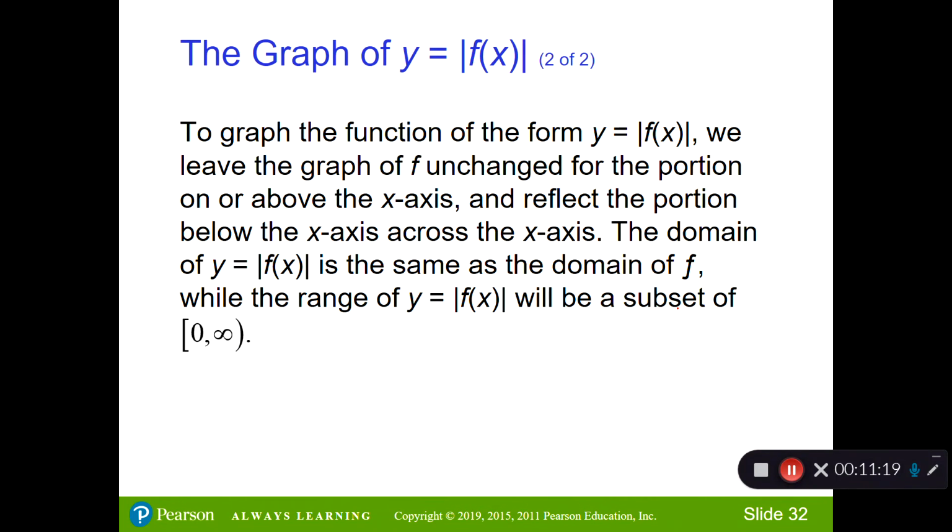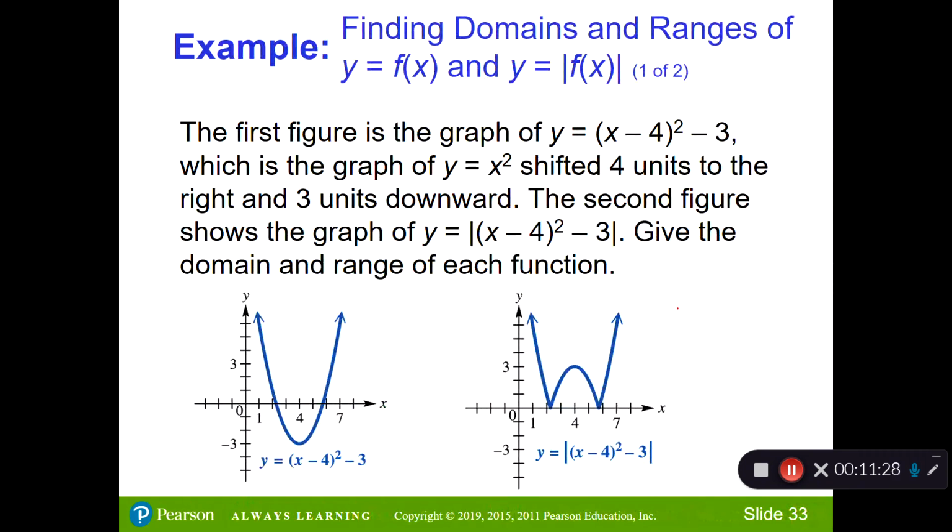Okay, so if I look at the graph of an absolute value of a function, that takes everything and makes it positive. So it flips the bottom half of the graph up. So if this is my original function, then sticking an absolute value on it makes that centerpiece that was negative now just reflect up into the positive axis. So the easiest way to graph this is to graph the original function with the shift and then just flip it up